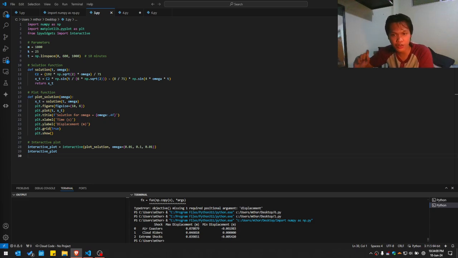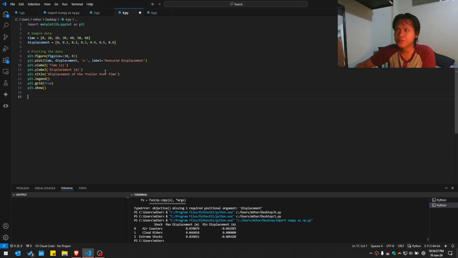f(t) equals 200 sin, 4 times omega times t, where omega is the degree of roughness of the driving conditions. So for question number three, we have a table, which is table one. Table one indicates the displacement measurements of the trailer in meters, and we also have the code right here,